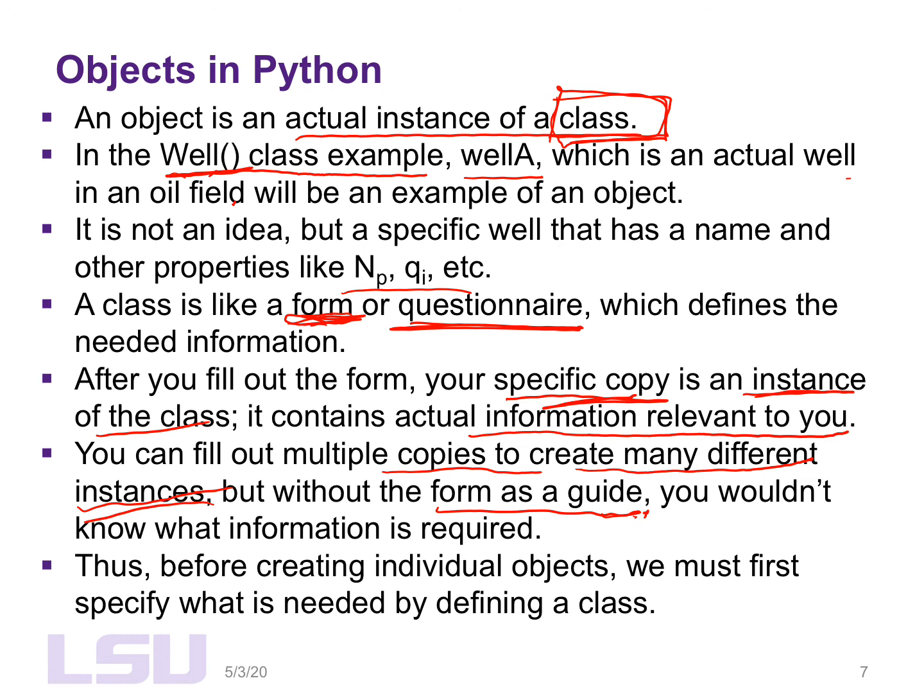So in the same vein, when writing object-oriented code, before you create your object, you need to first think about the common features that will be present in the class. So for a well, the common features could include some of these, right? Which I've mentioned before, the properties of the well, and also the actions that you can perform on all of the wells. Those are the blueprints that we will use to create